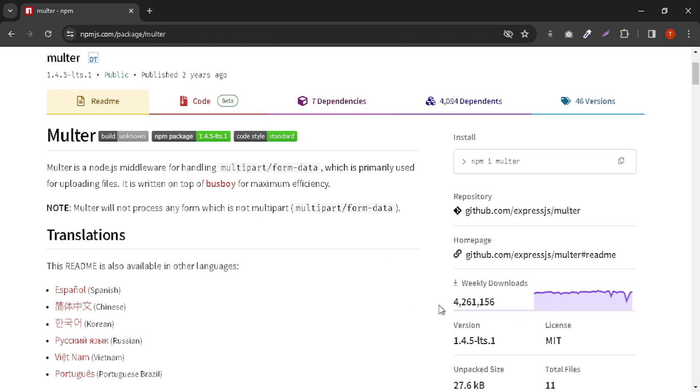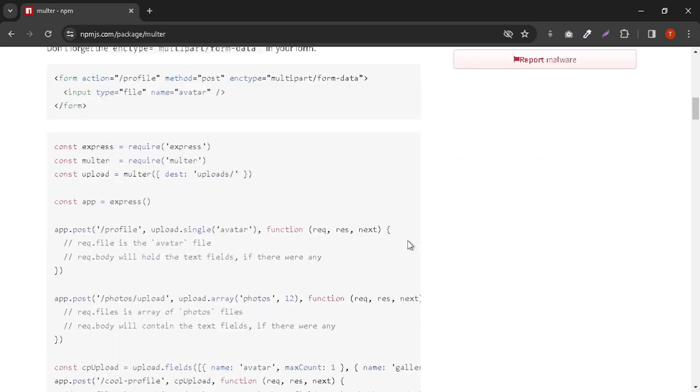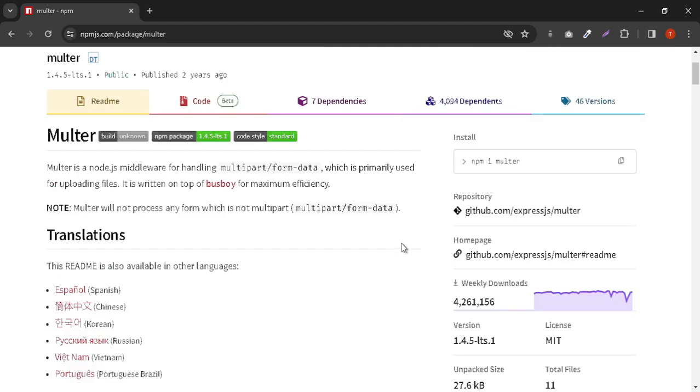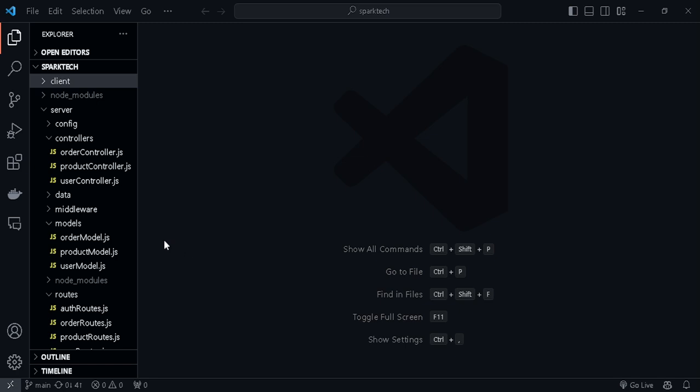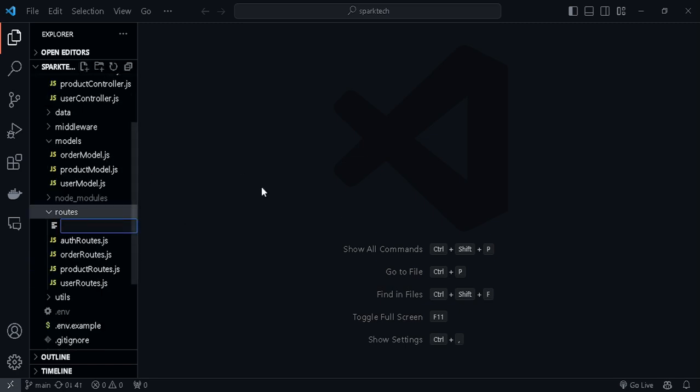Weekly downloads have crossed over 4 million, and it gives you a set of instructions on how to set up Multer and handle multi-part form inputs. We are going to implement this in a quite different way. I'll be explaining step by step how you can actually do this, and we are going to create a particular route for that. Let's go back to our application and, within our routes folder, we can create a route for handling the upload. So we can call that upload